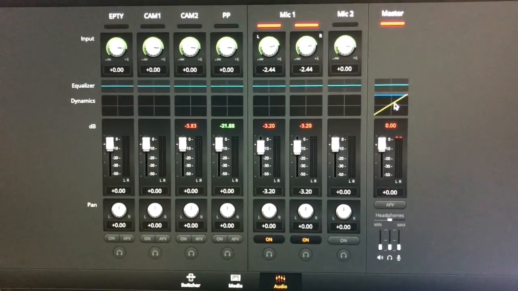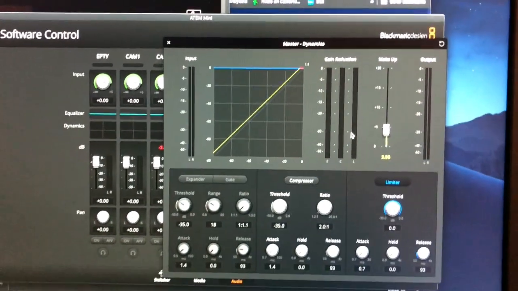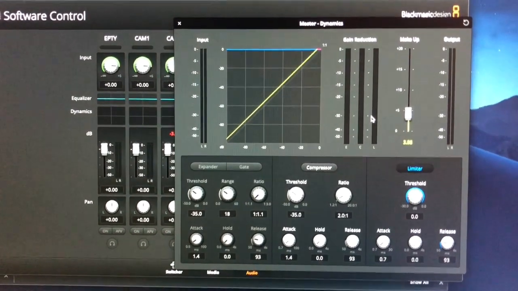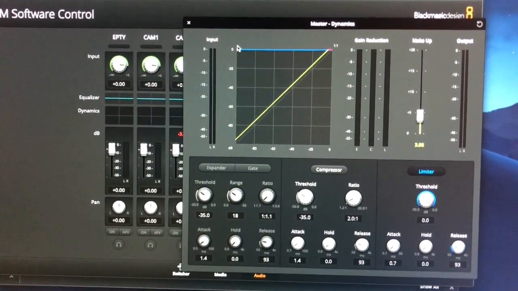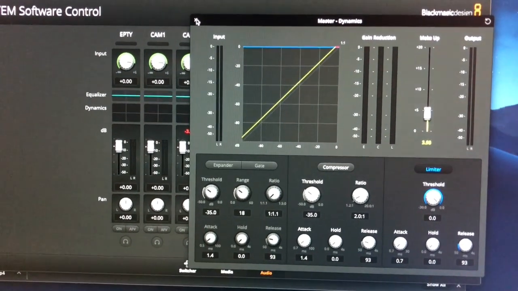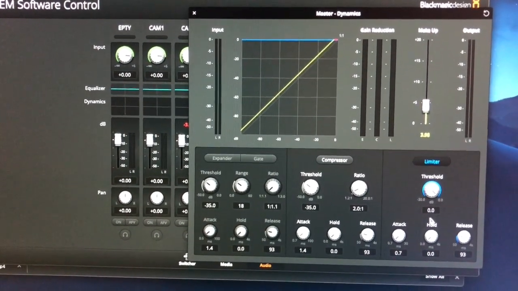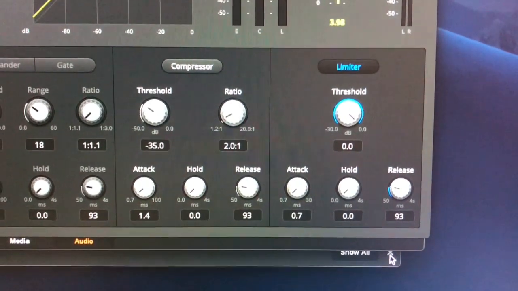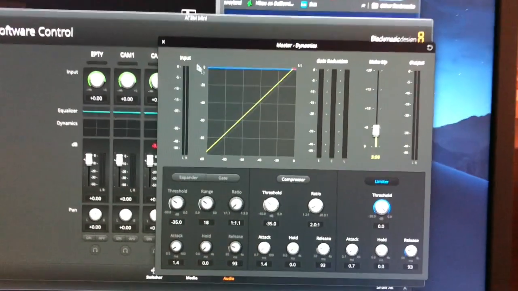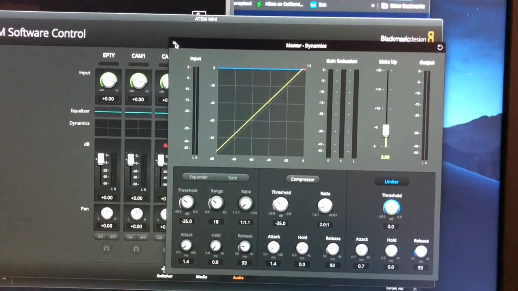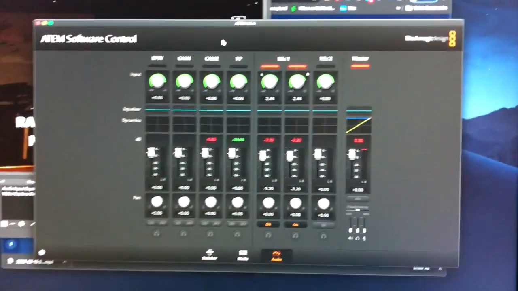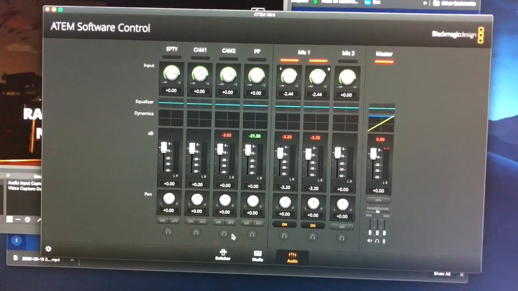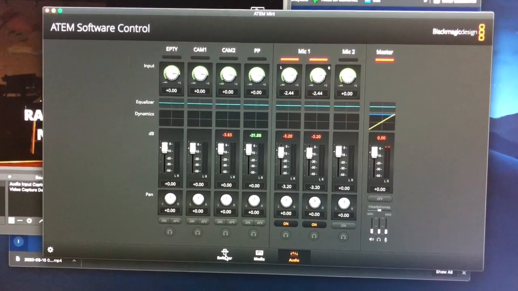You've got some dynamic control right here, so we were able to put a limiter on here, which basically boosts the light sounds and kind of crushes the louder sounds, kind of levels the thing out for a live stream. So I think here's where we set our limiter at. And it ended up sounding pretty good. We'll continue to tweak it and make changes as we go. But that's how we set that up actually here in the ATEM control.